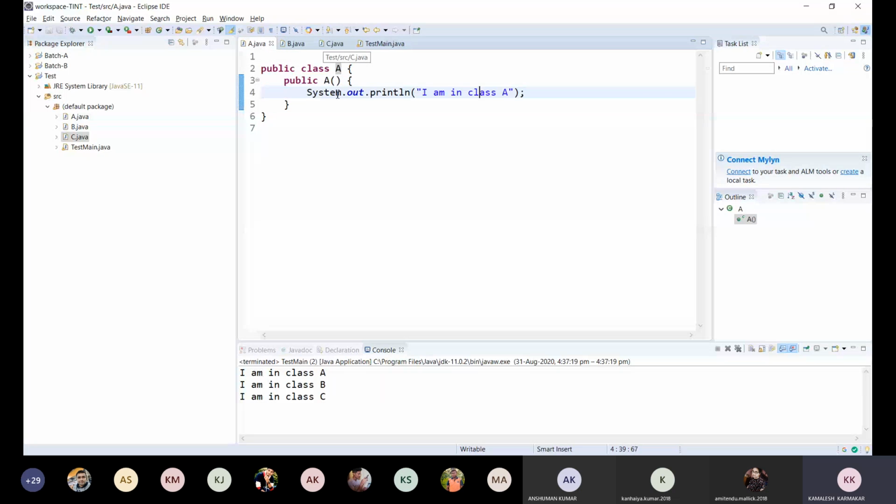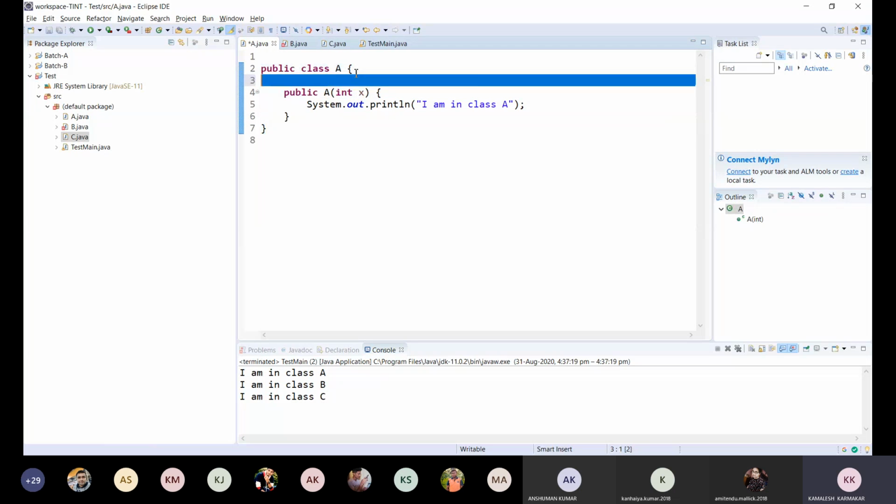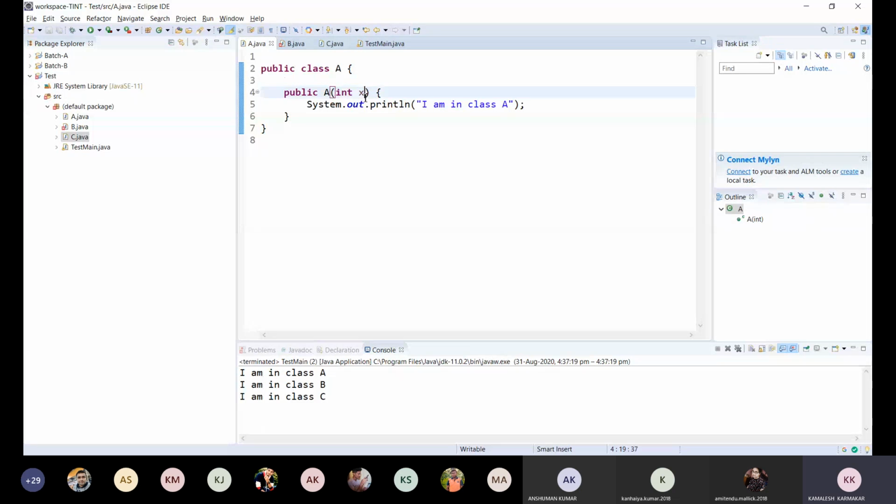Now, my question is, there are lots of things we have to discuss in this chapter on inheritance. If I define this constructor like this, say the constructor in class A receives a parameter.